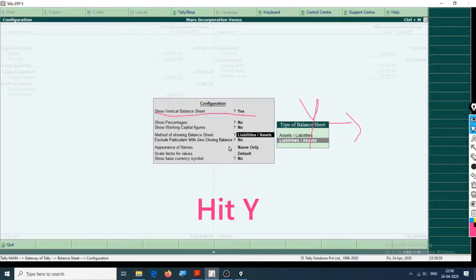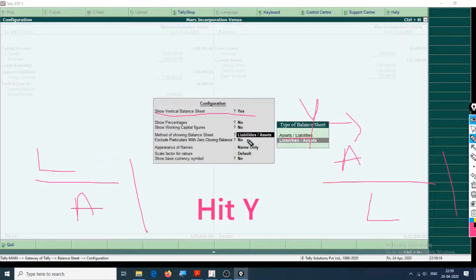Okay, methods of showing balance sheet. As you can see, assets should come first and then liabilities, or liabilities should come first then assets in the vertical balance sheet. It depends on your country, which country you want to choose.